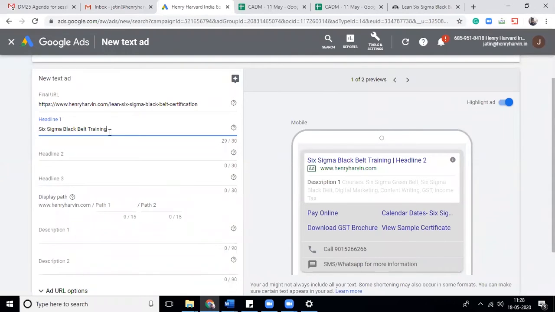It is what the user is looking for, the same thing, and we are satisfied. Second is the USP of your product. USP defines how you differentiate from your competitors.